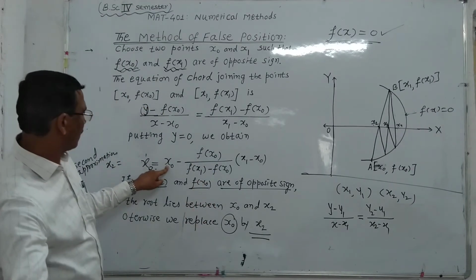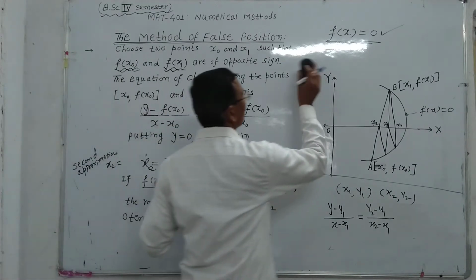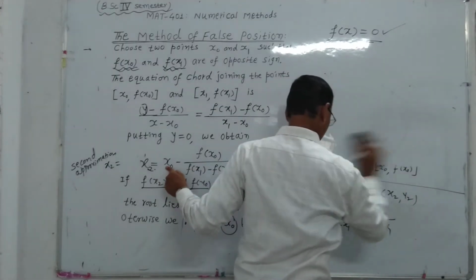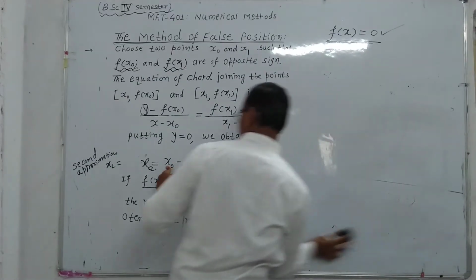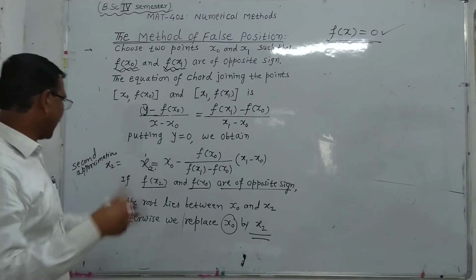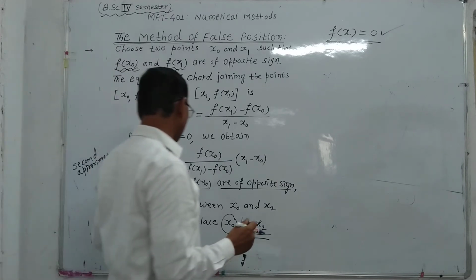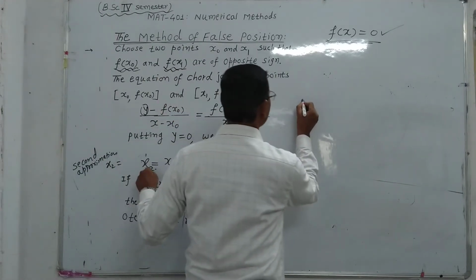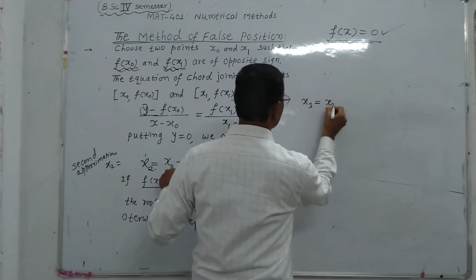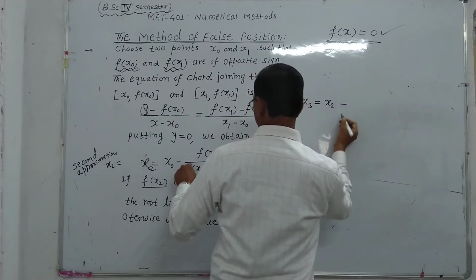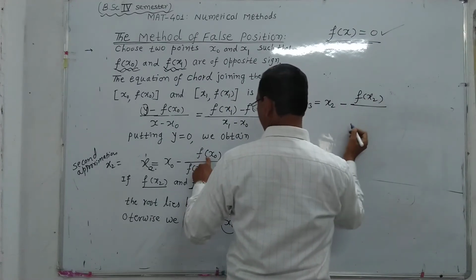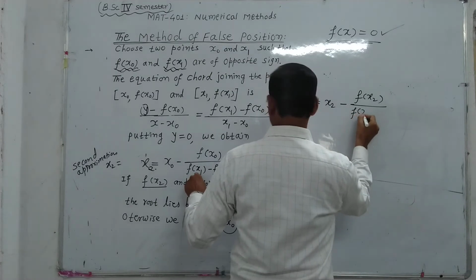What do we get after replacing x0 by x2? That is the next new approximation. Replacing x0 by x2, we get x3 equals x2 minus f(x2) divided by f(x1)